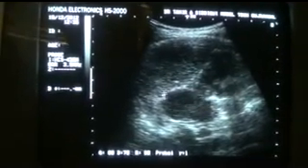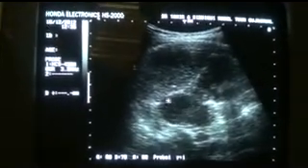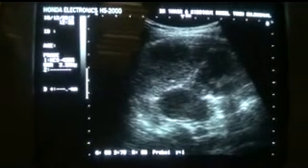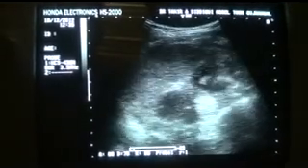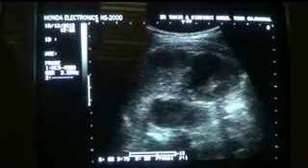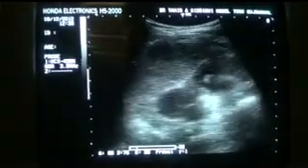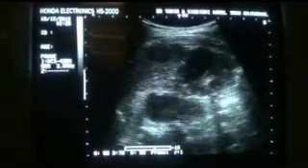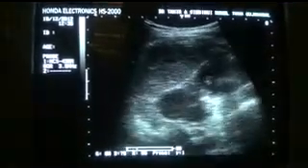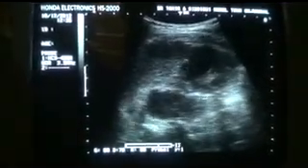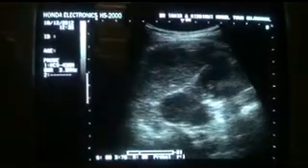This is the area at the upper pole of the left kidney, sharing the capsule of the kidney, moving with the kidney. So this is either a lobar nephronia or renal abscess or adrenal abscess,